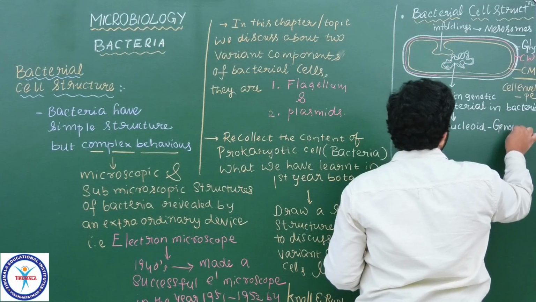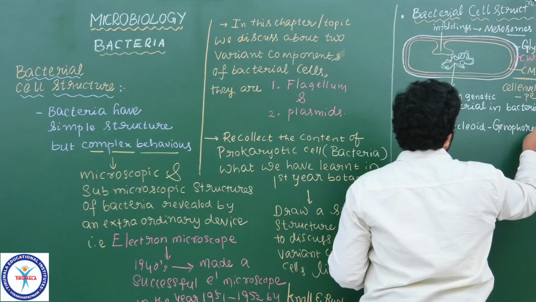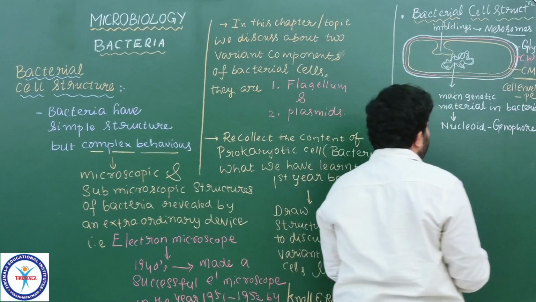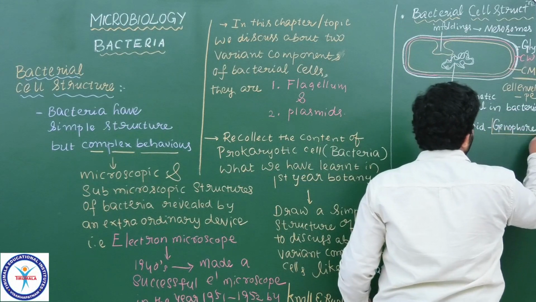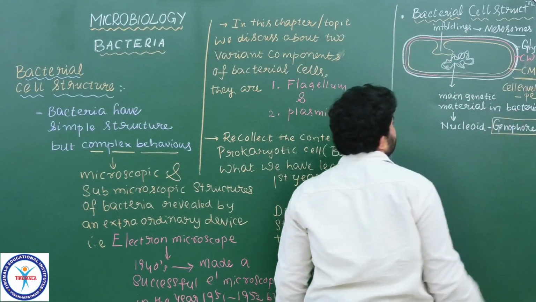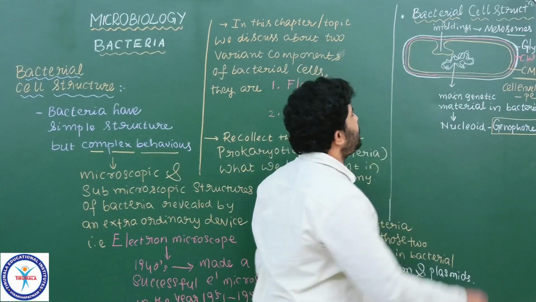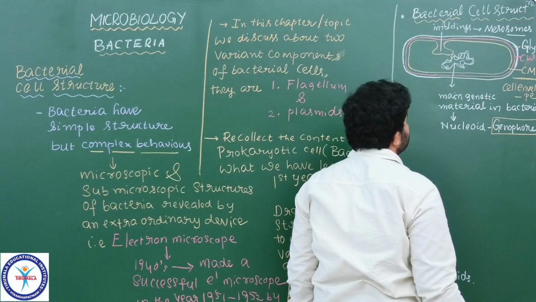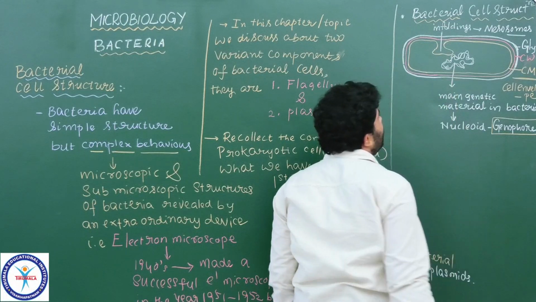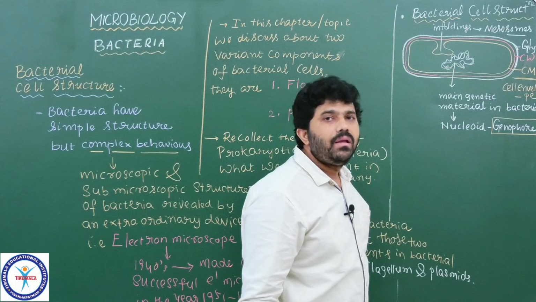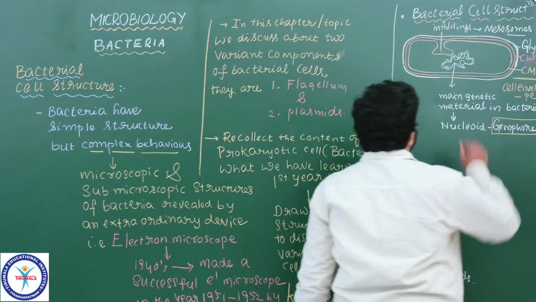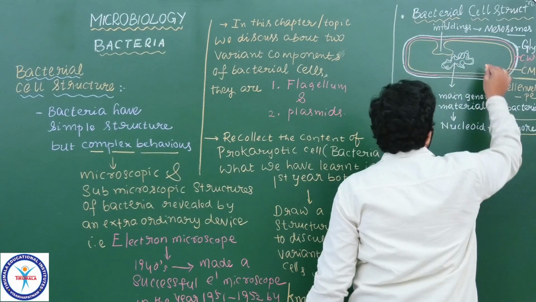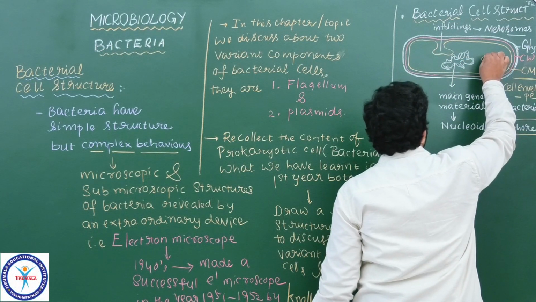You please remember, students, what is the genetic material? The main chromosomal material present in bacteria is called the genophore. It is a naked DNA; it doesn't have a nuclear membrane. That's why it is not a distinct nucleus, and that's why the cell comes under prokaryota. Understood?